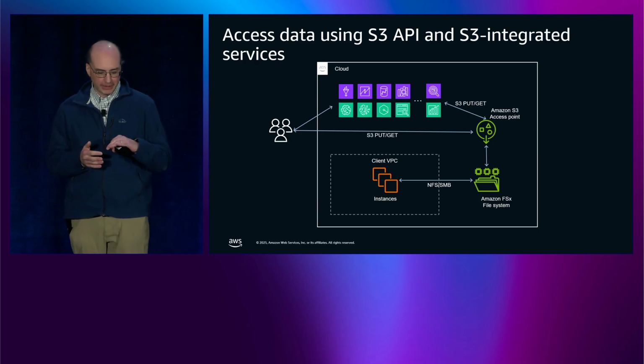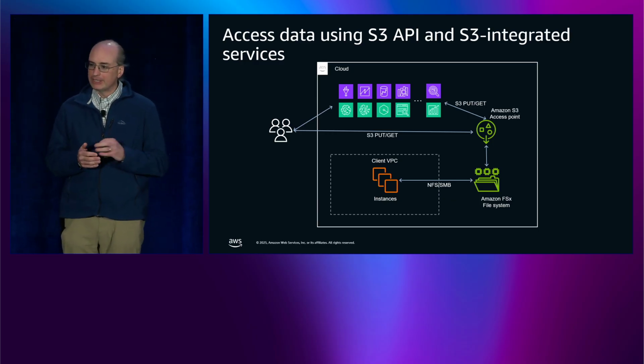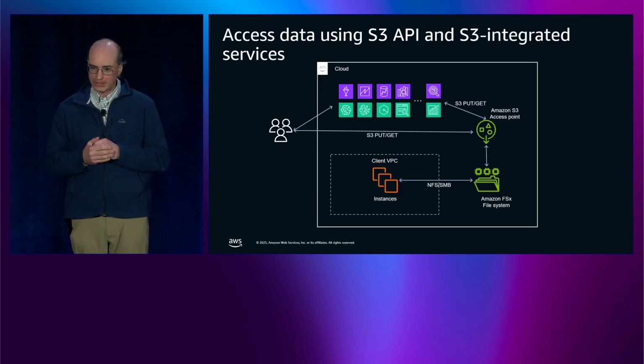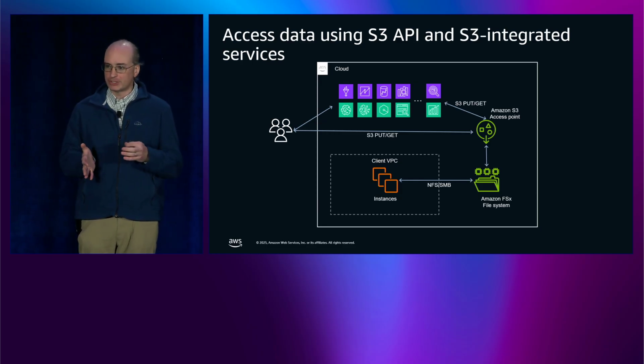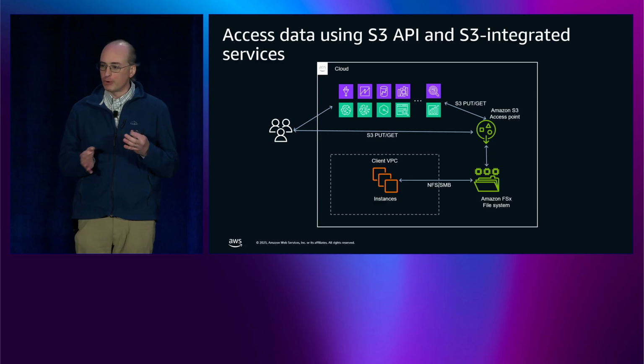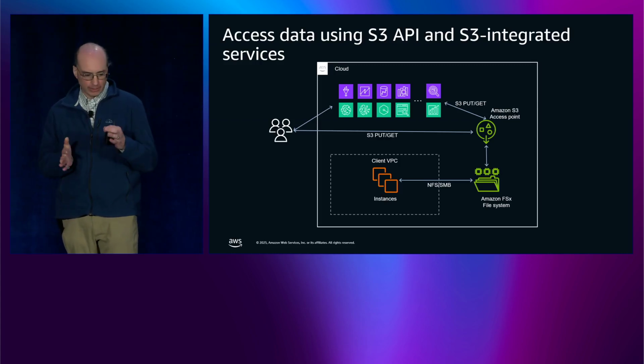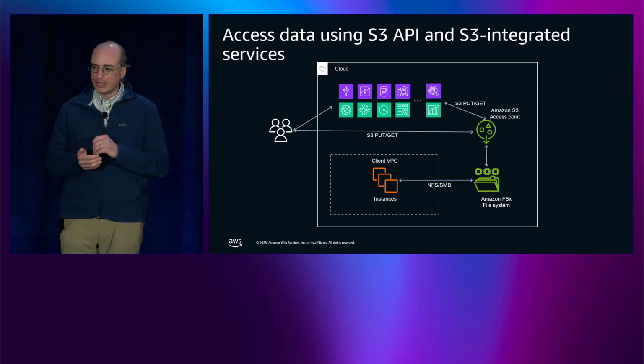So the way to think about how authentication works here is that there are two layers. There's the S3 authentication model, and then there's the traditional file system model. And they both behave the way that you would expect them to. So let's say that I'm an application, sending a GET request or a PUT request to my S3 access